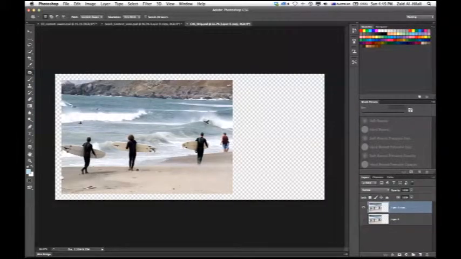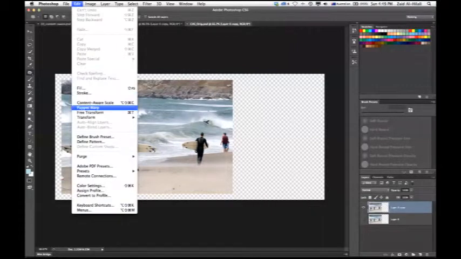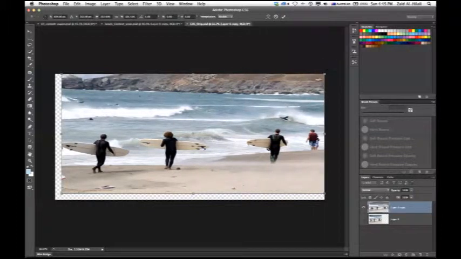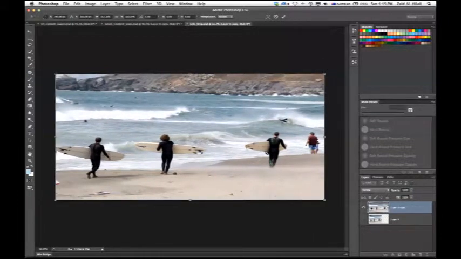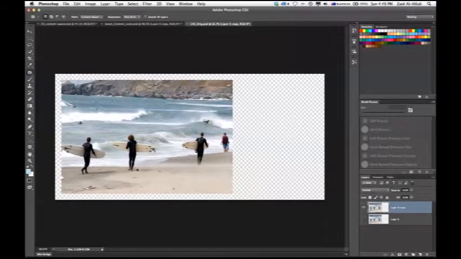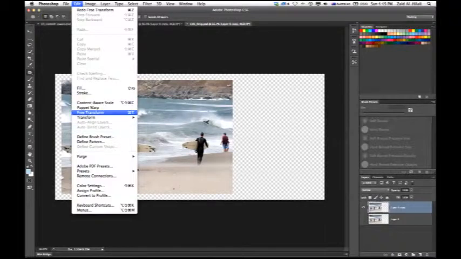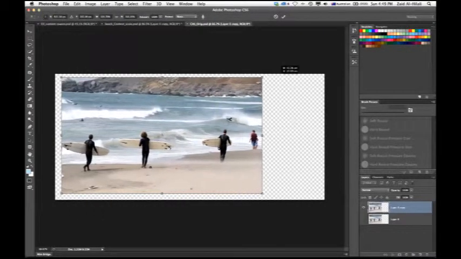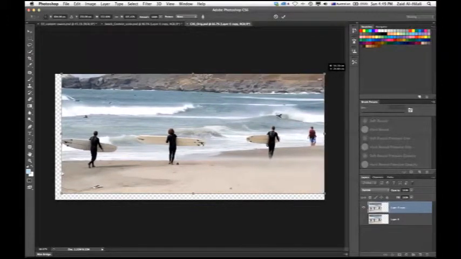Same thing with this example. If you check this out, now I will never ever do this. I will never go edit, transform, and scale the image sideways this way. This is really, really bad, unprofessional. So what we'll do is we use content-aware scale. And with content-aware scale, when I go and scale the image up, like so,